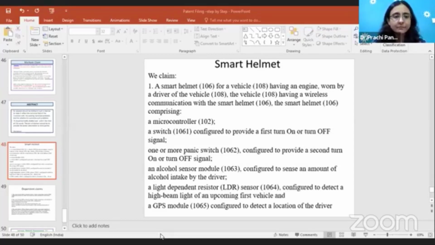Another object is to provide vehicle related statistics, to inhibit the vehicle from getting ignited when the driver is intoxicated. Means if the driver is intoxicated, then your vehicle will remain as such. It will not start. So this kind of system they have made. So summary of invention is there.